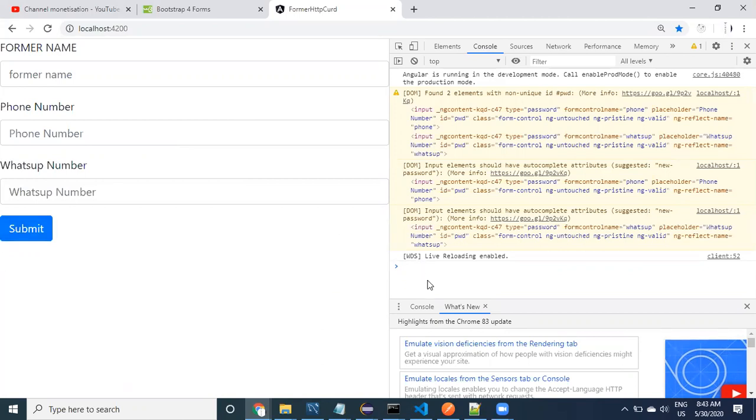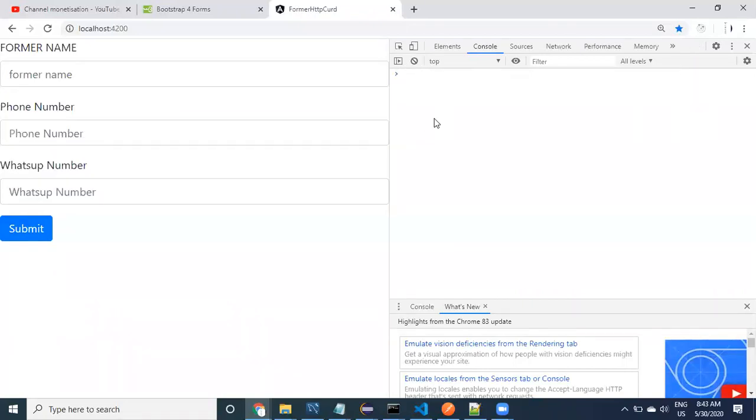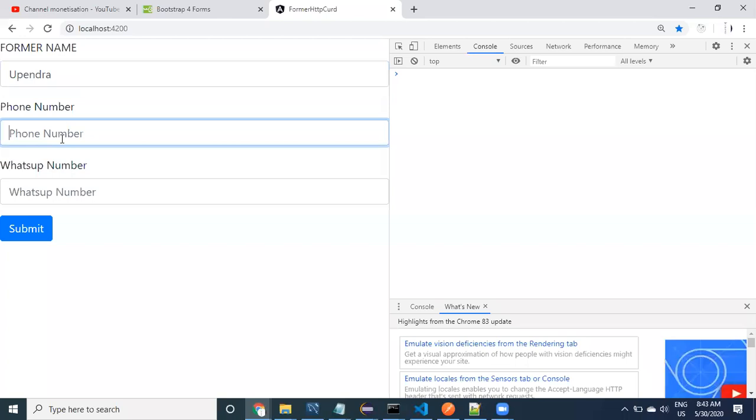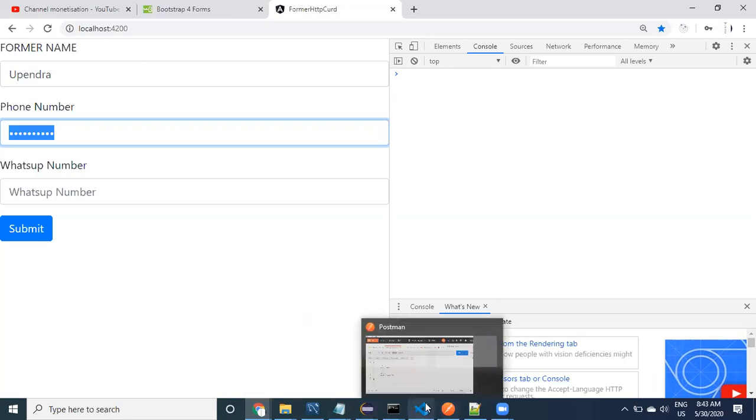We have to see the data in the console once after clicking on the submit button. That is our expectation. Let's clear the console so that it will be clean for checking. So maybe like farmer, and then phone number. Oh, it is looking like a password. Why? Let me change it right now.